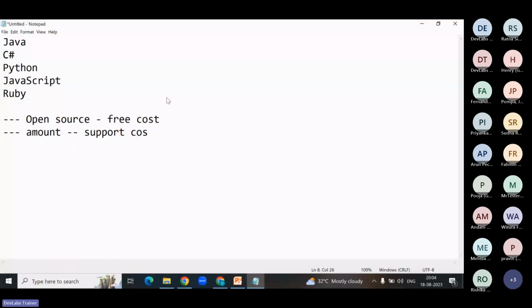But here, Selenium's first advantage is that it is an open source tool. We are not required to pay any amount, not one rupee or one dollar or any currency. It is open source, free of cost. We can utilize it. It supports multiple